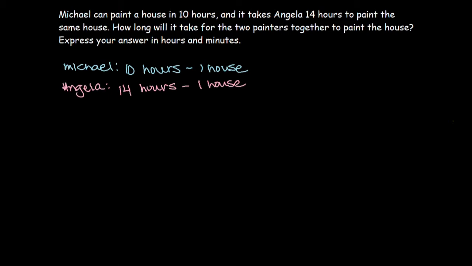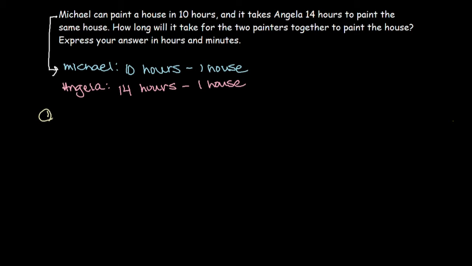So we're given that from the very beginning of the question. What we're trying to figure out here is how long it will take both of them together to paint the entire house. We're given how long it takes for each of them to paint the house individually, but we're trying to figure out how long it takes for them to paint together. As I mentioned before, there are a total of 3 steps when solving these particular problems. And the first step